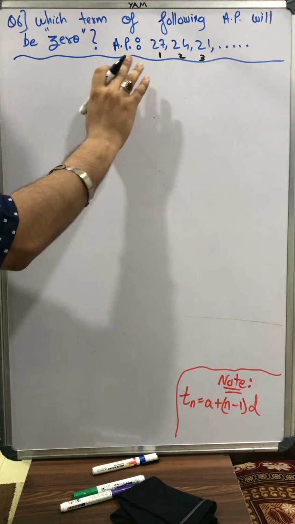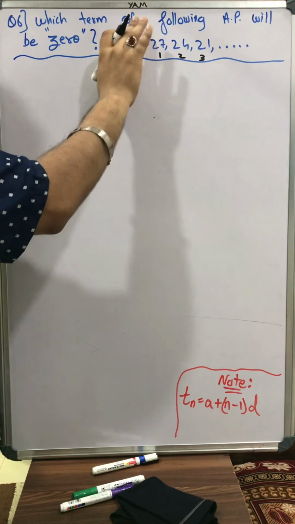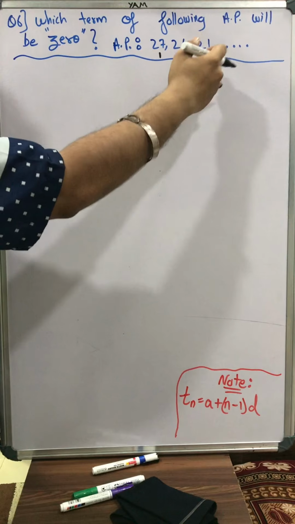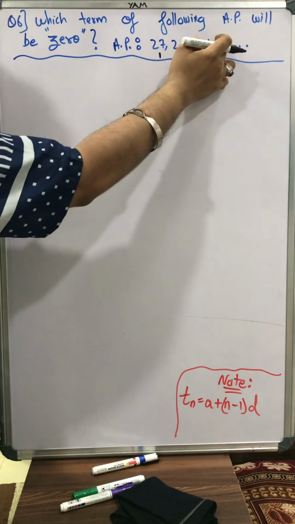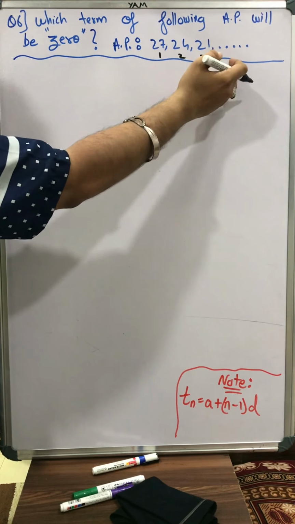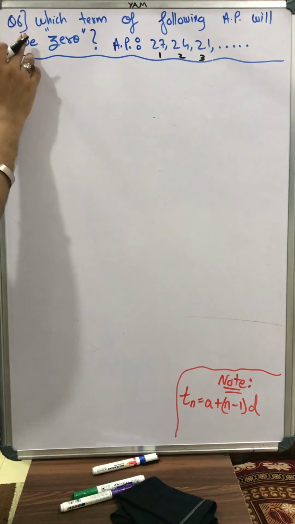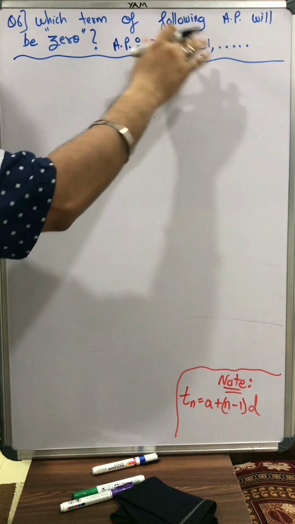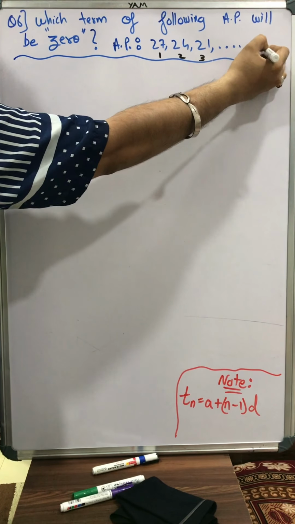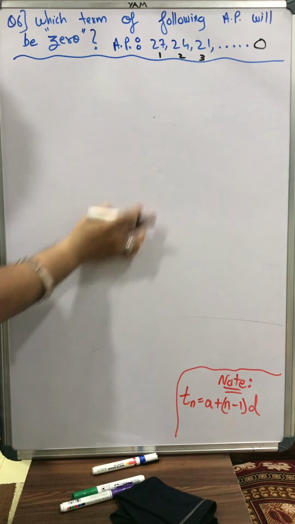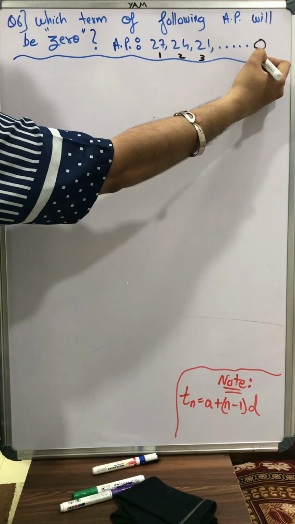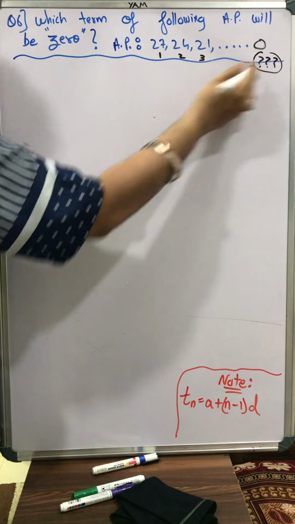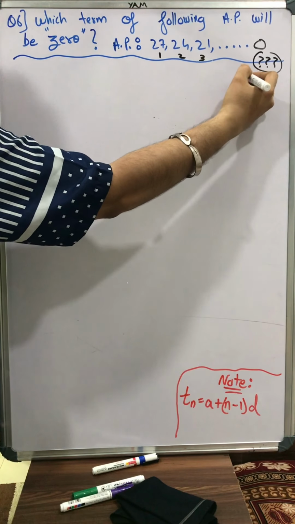So we can judge one thing, that the value of the term is decreasing. Like this 1, 2, 3, there will be a term at the 4th position, a term at the 5th position, a term at the 6th position, and they are saying that as you go on and on, there will be one day when you come across 0, the value of the term will be 0. So judge at which position the value will be 0. We need to find the value of n.